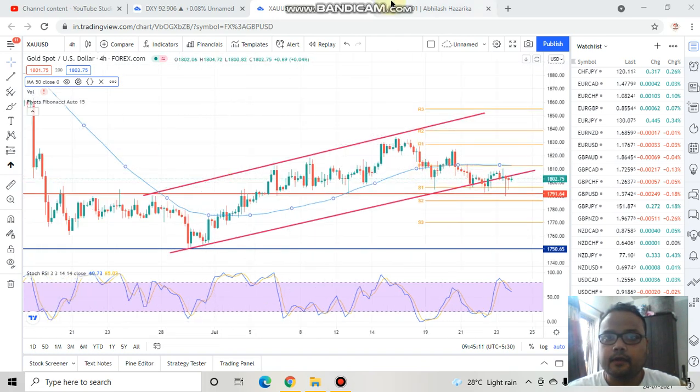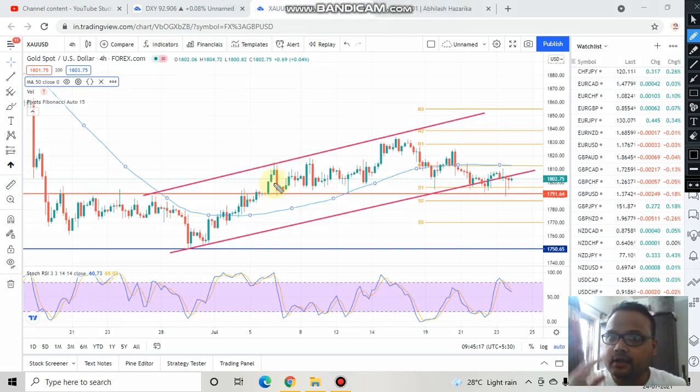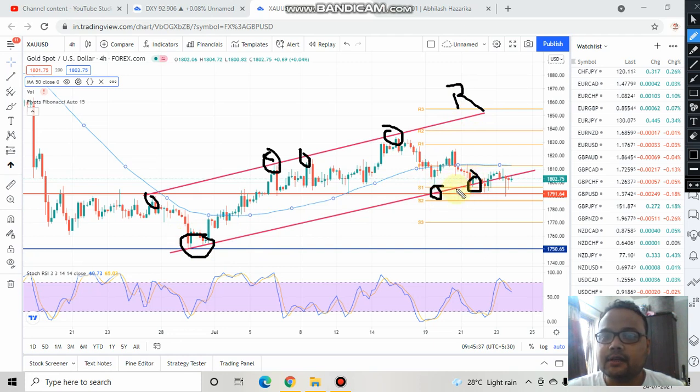On the other hand, you can see that the market is also trading in a channel here. In your charting or trading platform, I'll request you to draw these lines so that you can understand the chart and the market better. Please join these price levels here. Once you join them, you will get this trend line, which is acting as a dynamic resistance for the market. And once you join these price levels, you will get the dynamic support for the market, because this trend line is acting as a dynamic support. So this is the overall setup of gold US dollar.